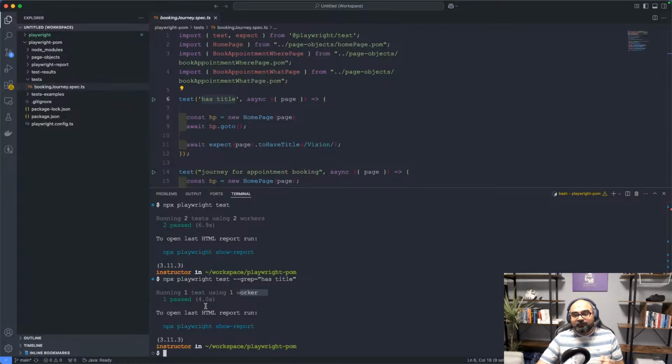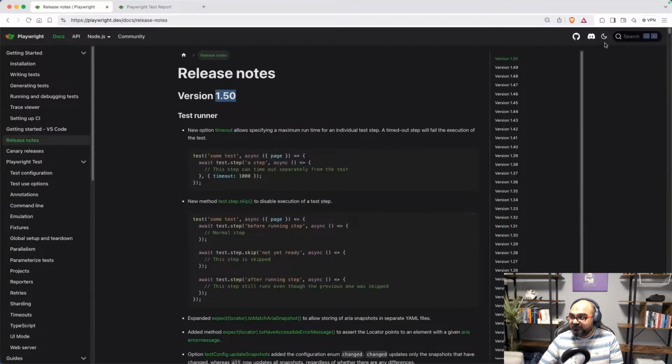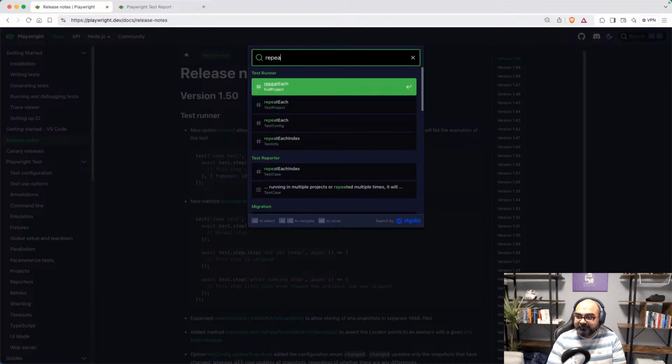Imagine this test is flaky and 1 out of 10 times this test fails. So I want to run this test 100 times. How do I do that? Well, like the repeat each option that I was talking about, if you go to the documentation and search for repeat each